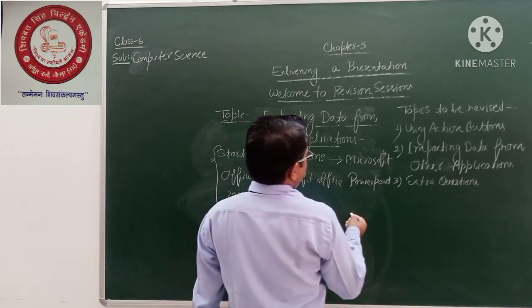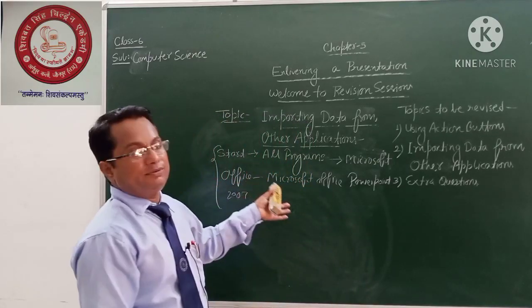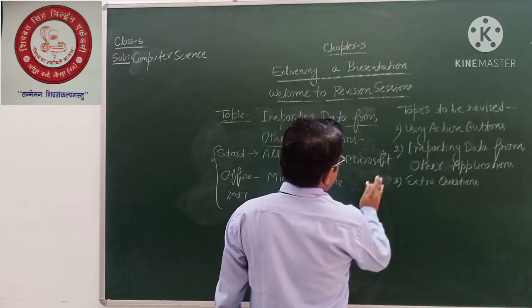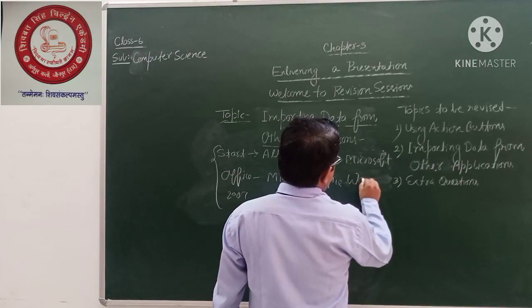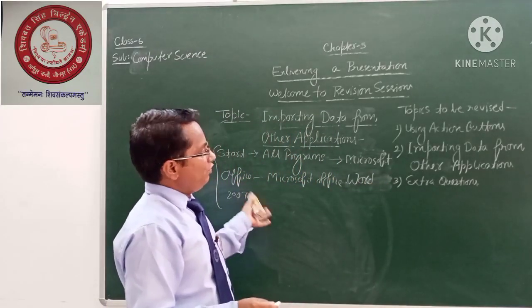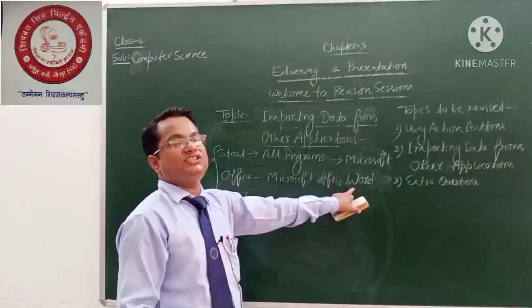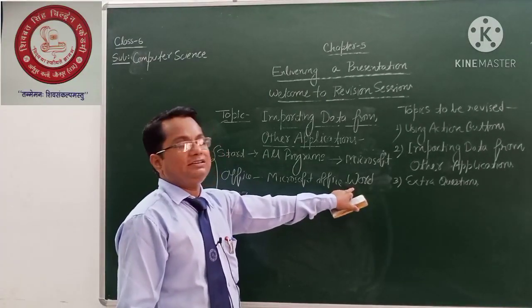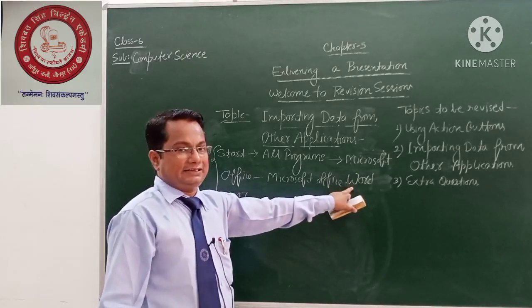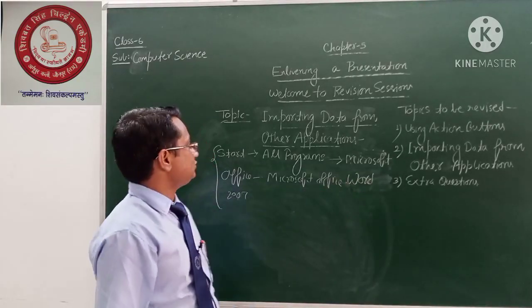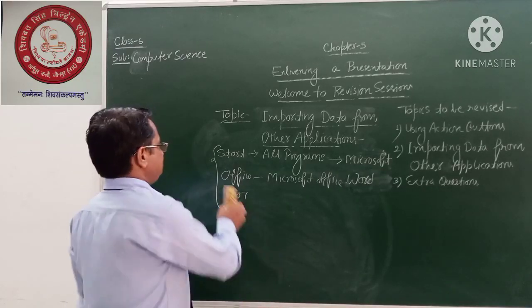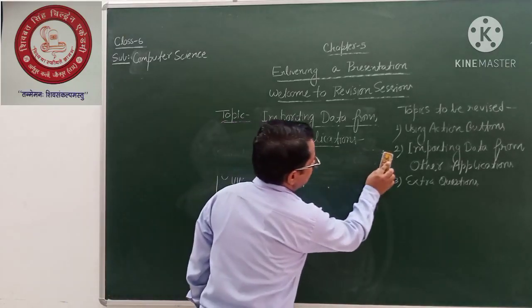And if you want to open PowerPoint, the same steps will be followed. Only one change is there: here you will write MS Word, and the rest of the steps are the same. If you want to open PowerPoint, only one step will be changed; here you write PowerPoint. If you want to open Excel, then here you can write Excel. Clear? And now suppose your MS Word file is open now. Let me erase here.